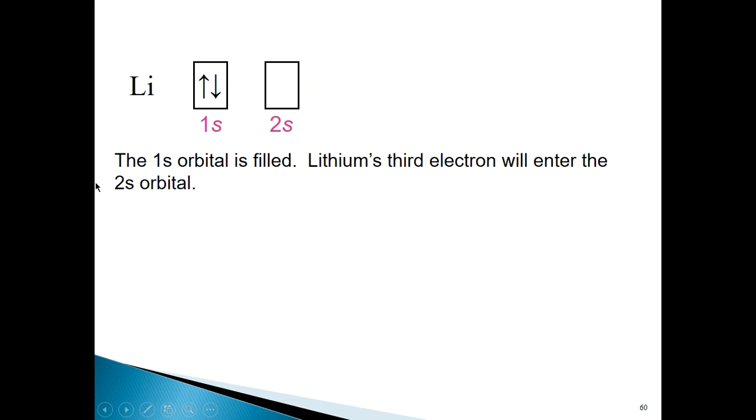So to get to lithium from helium, we take the electronic configuration of helium, and because this sublevel is completely full, that means that the next electron added will go into the next higher energy orbital, which would be the 2s orbital, and that would be the electronic configuration of lithium, or you can represent it as 1s2, 2s1. And then the next element is beryllium, and in that case, this would be the electron